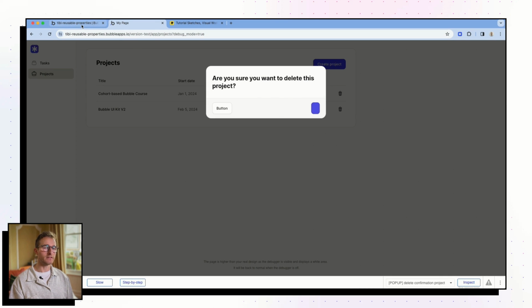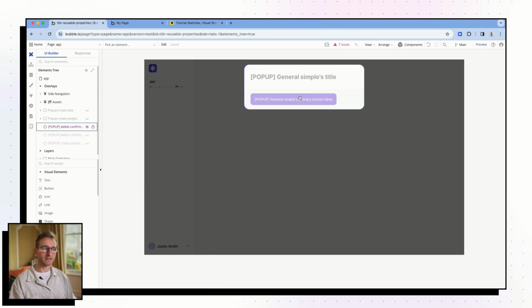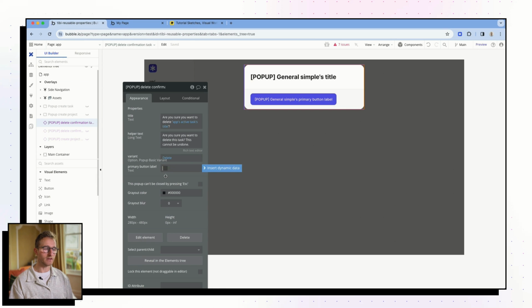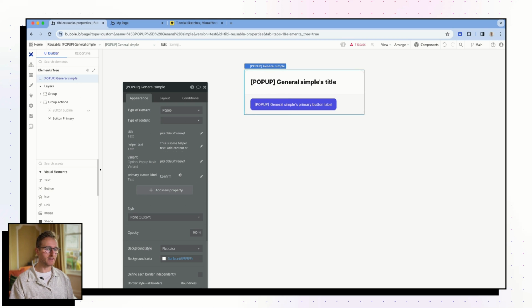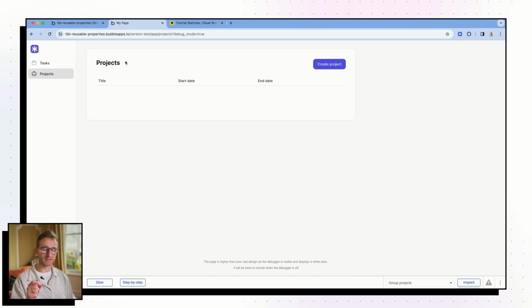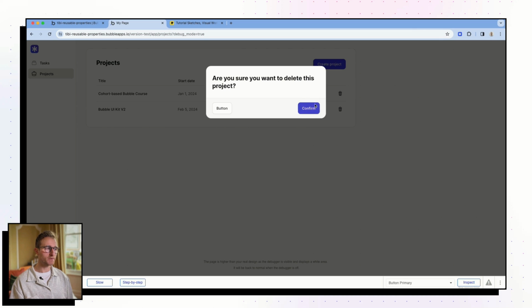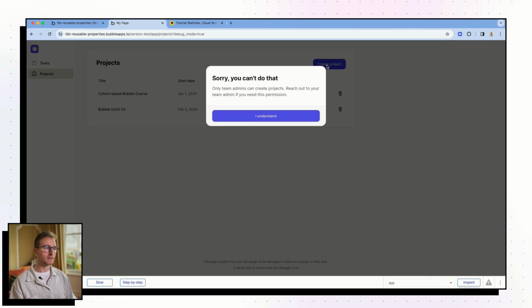And so how that's going to look, of course, when we try to delete something, oh, it looks like we've got a little bug there. So if we go to the app page and see, what did we actually set here? Because we do have a default value. It looks like that default value that we thought we set didn't save. Let's make sure that we save it. Okay. Now, in theory, even though we haven't set the value explicitly for that primary button label for our delete instances, it should still show up as confirm. It does. And for our informational variant, we see something different. We see I understand. So that's working perfectly.